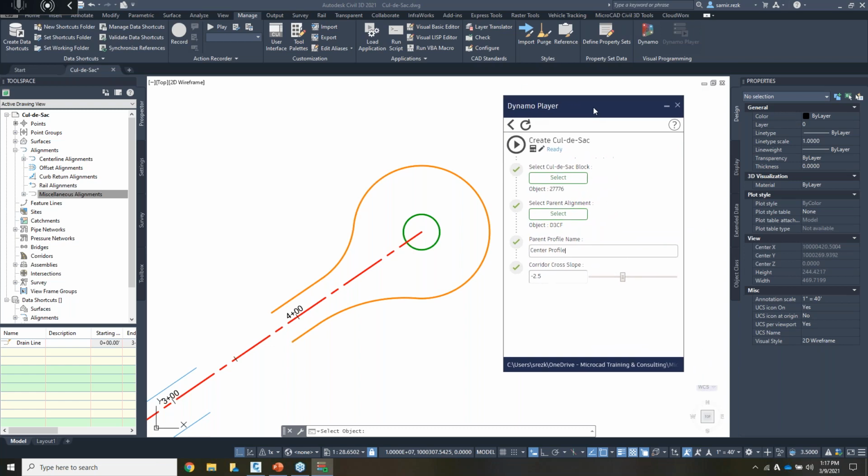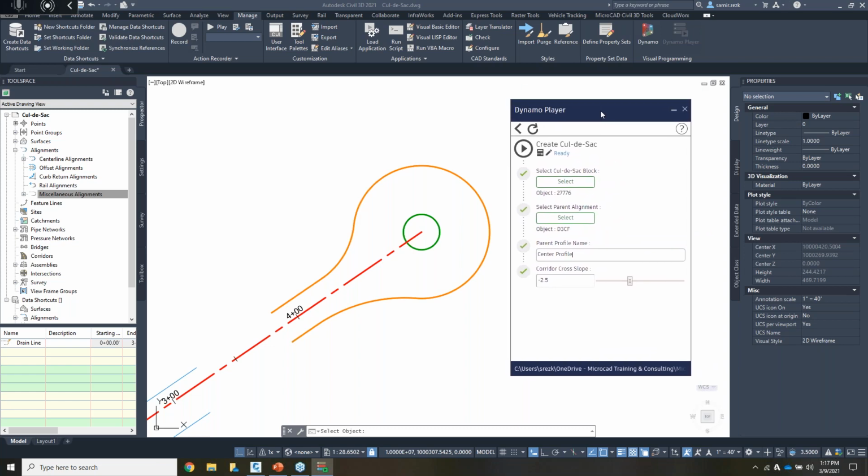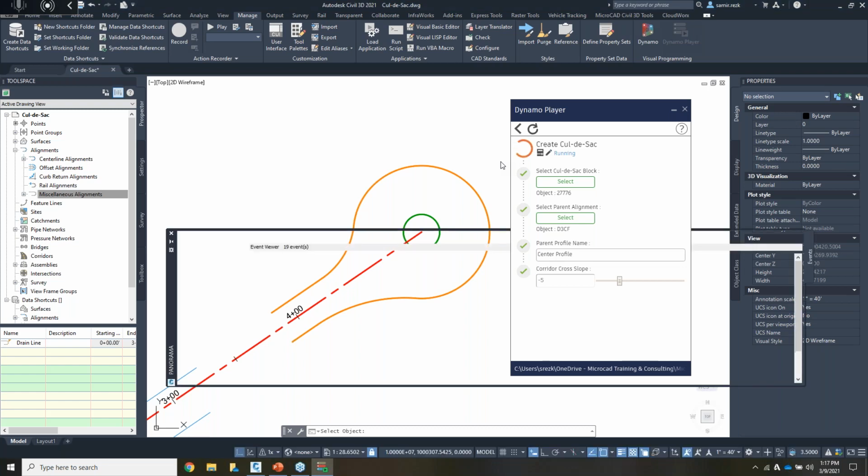From a simple small dialogue for people to share around the office, you don't need to be a Dynamo wizard to use Dynamo. Dynamo Player is a way to distribute a workflow along a whole team without everybody in the office needing to know how to create Dynamo graphs. I'll say I'm going to meet the road here at the cross slope of -5%. It's a little steep, but it's more of a visual thing right now. If I just simply play it,